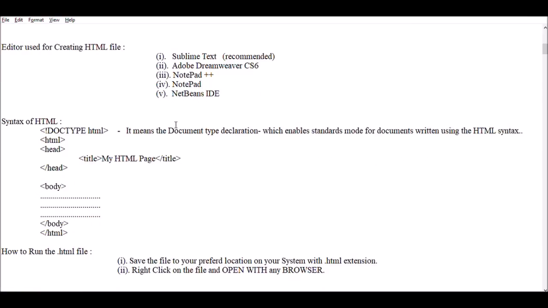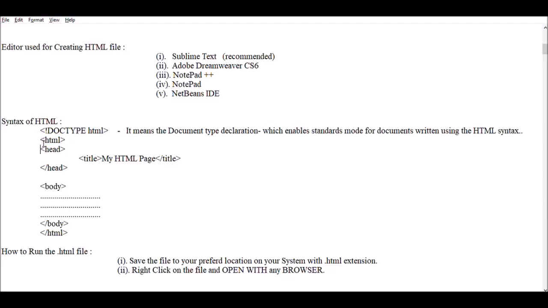Now we should move further to the syntax of HTML. There is a mention of doctype html. It means document type declaration, which enables standard mode of a document written using the HTML syntax. This is the declaration of HTML. After that, you should start with the html tag, called an element.